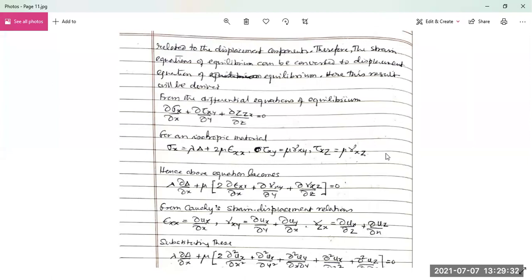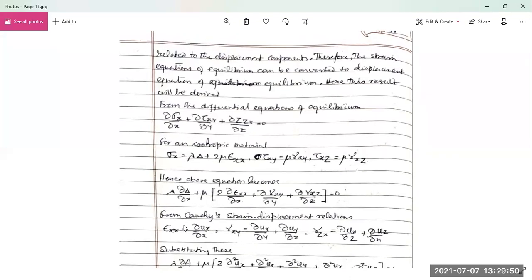And with this assumption, we have deduced 3 equations. By taking the theory of the invariants of stress, the first invariant of stress and first invariant of strain, we have got that for an isotropic material sigma x equals lambda into delta plus 2 into mu epsilon xx, where mu and lambda are the Lame's coefficients, which are being used in place of the 36 coefficients